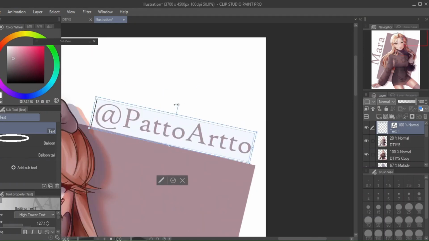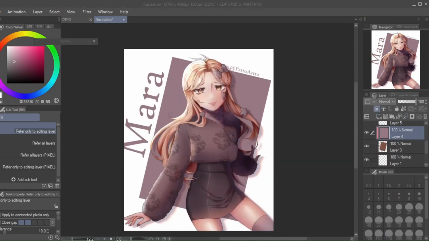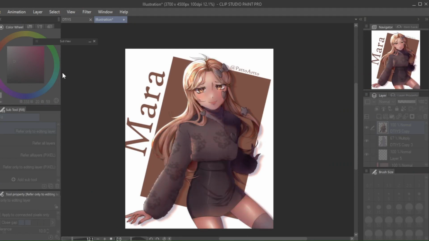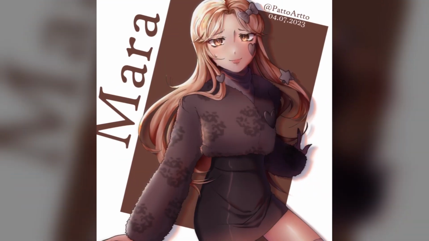I feel as if this stage is pretty self-explanatory. It's just when you adjust the background or adjust some parts of the character or maybe the color, just tweak it to your liking, and that's about it for that stage. And voila, we are finally